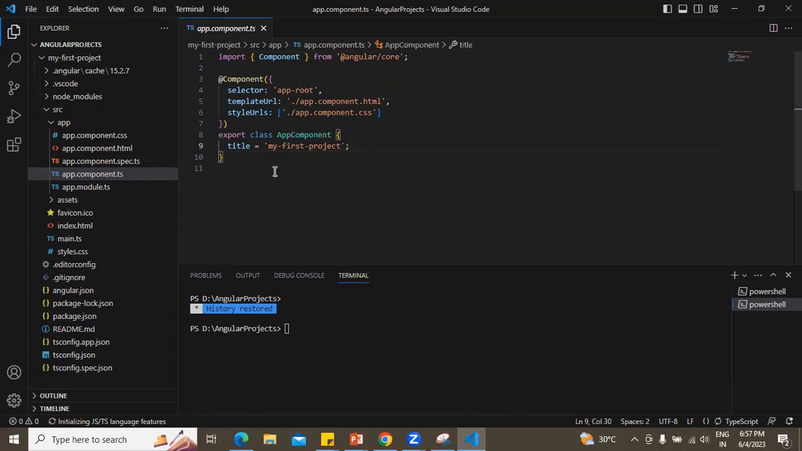So earlier we have seen how to run the project from the command prompt. Now we will see how to run the project from the terminal of Visual Studio Code. Our project is pointing to the Angular project. I'll just try ng serve. If you type ng serve here,